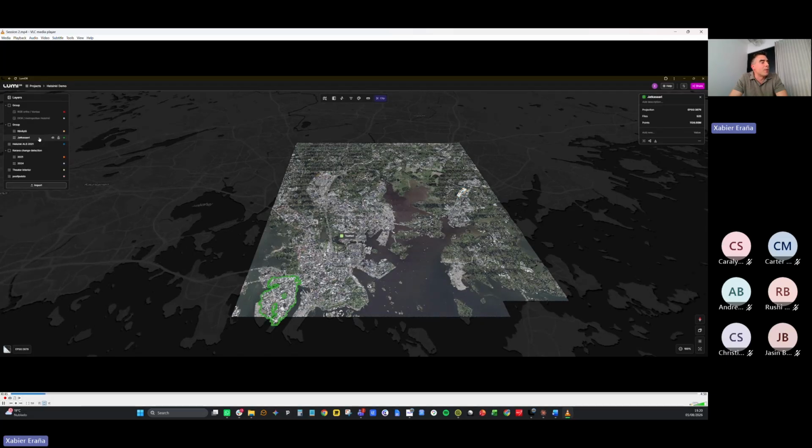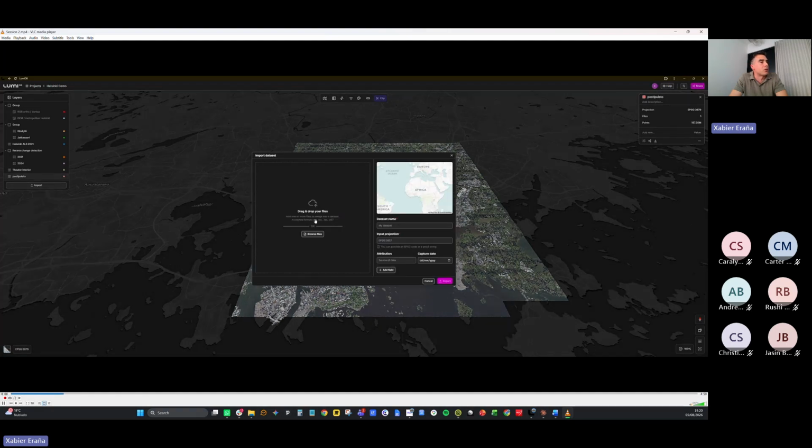There we have a mobile mapping dataset from the district of Jätkäsaari. We do also have a bunch of other smaller datasets coming from some infrastructure projects and some newly built districts in the northern part. How to import data? Here we have the import button with the point cloud, rasters and GeoJSON as vectors.